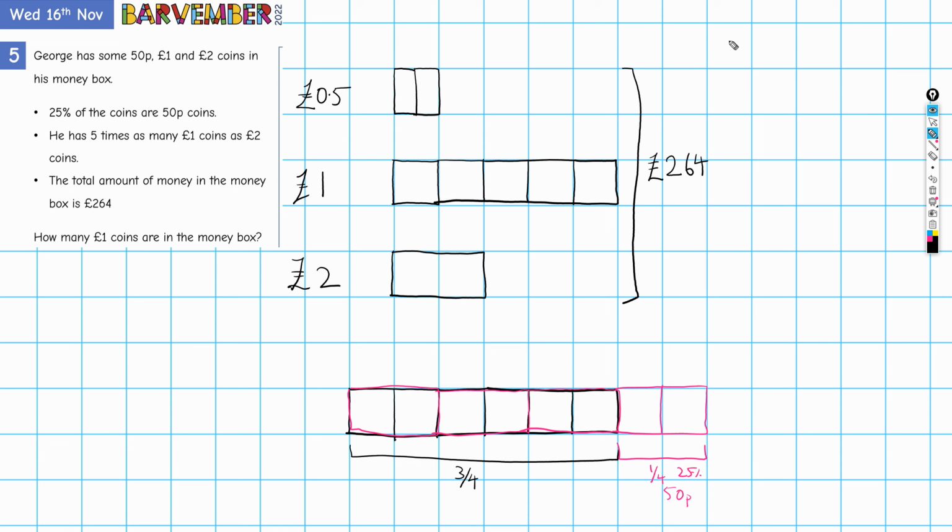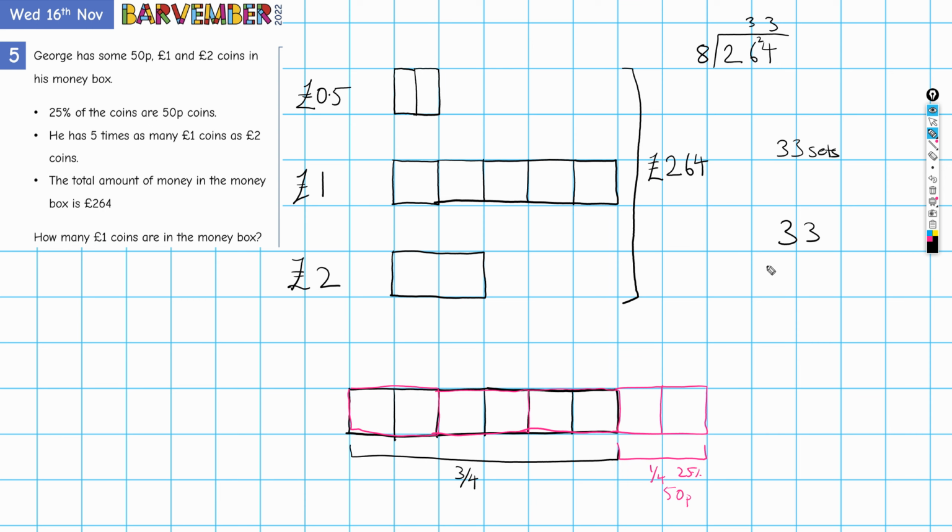So if I divide 264 by 8, we get 33. Okay, so that tells me that we have 33 sets like this, just as in any ratio problem. So 33 sets. And how does that help me? Well, now we're asked how many £1 coins there are in the money box. Well, there's 1, 2, 3, 4, 5 in one set. I've got 33 sets, so I need